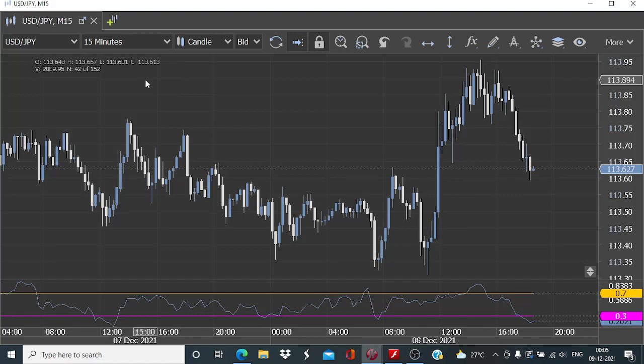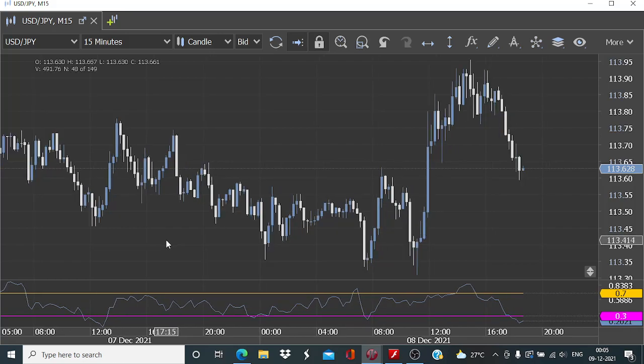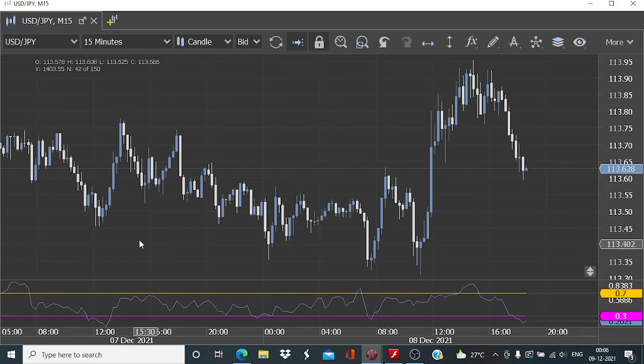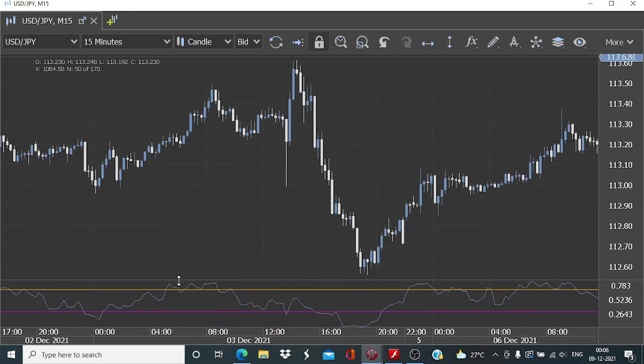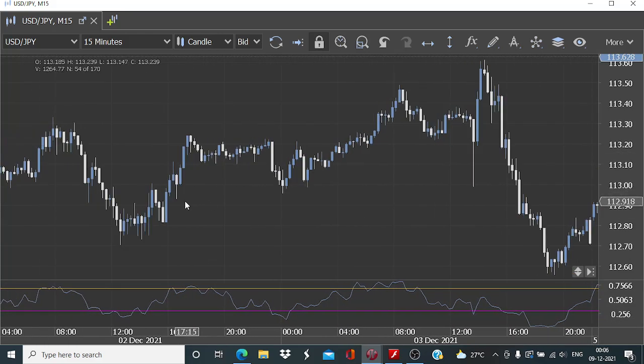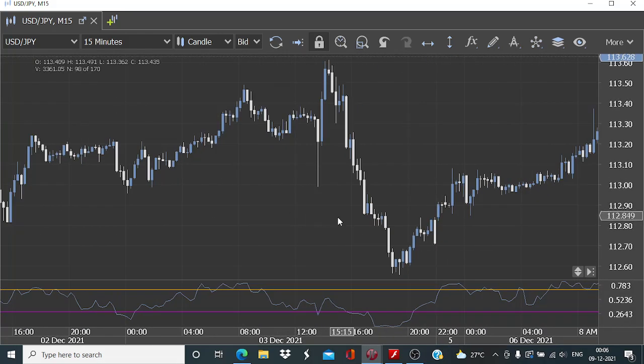This is the USD JPY chart of the 15-minute time frame, and I have plotted this TDI, which stands for Tom DeMark indicator, with the default period of 14 candles. So here we are looking to trade in a sideways market, and this indicator, from the look of it, is almost like RSI. Of course the calculation and the underlying principles are different, but the use is quite similar